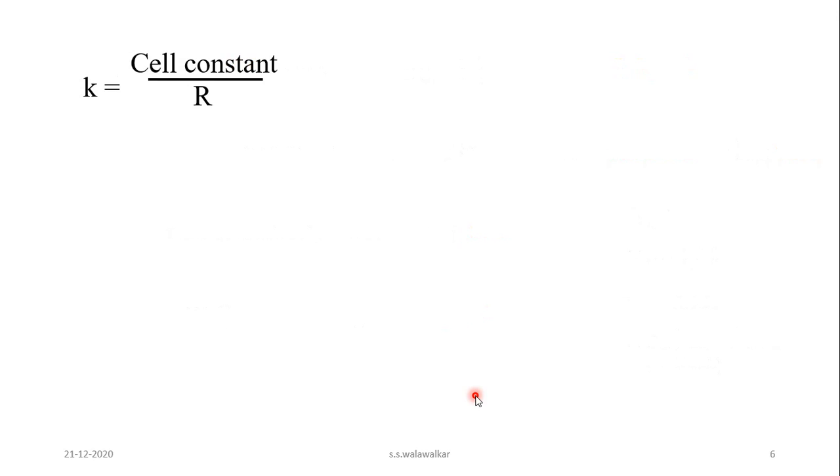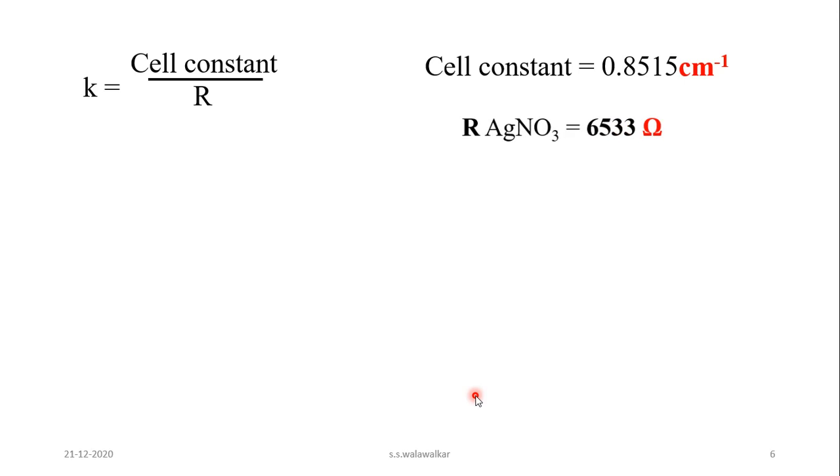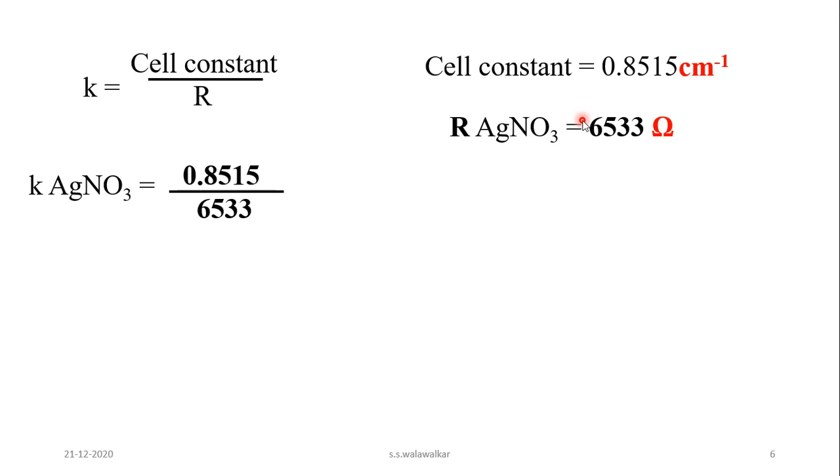Now from cell constant you can calculate conductivity. So conductivity is equal to cell constant divided by R. So cell constant is 0.8515 centimeter inverse. And resistance of AgNO3 is given, that is 6533 ohm. And the same cell is used for the measurement of resistance of the solution. Same conductivity cell. So cell constant is same, it will not change. So using this cell constant value, we can calculate conductivity of AgNO3 solution having concentration